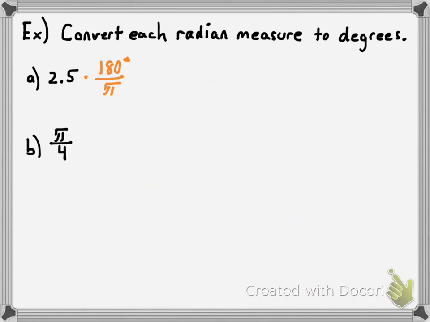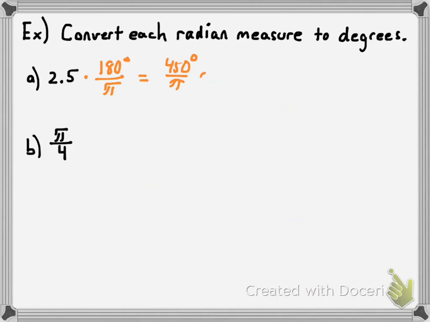Now, just a side note again, notice there were no units given for this angle measure. I told you it was a radian measure, but even if I hadn't, and you knew this was an angle measure, since there's no units, you would have known it was in radians. Notice whenever I'm talking about degrees, I use the degree symbol. Multiply by 180 over pi. Now, 2.5 times 180 is 450. So you get 450 degrees